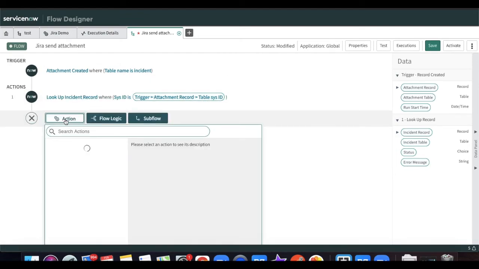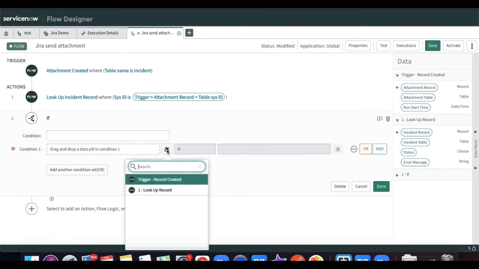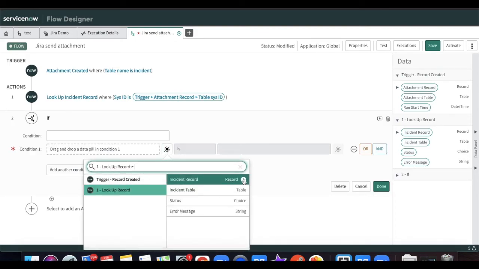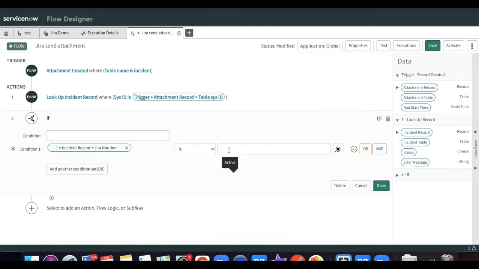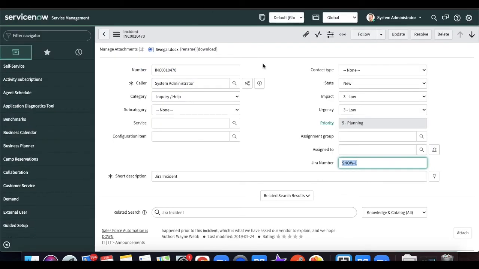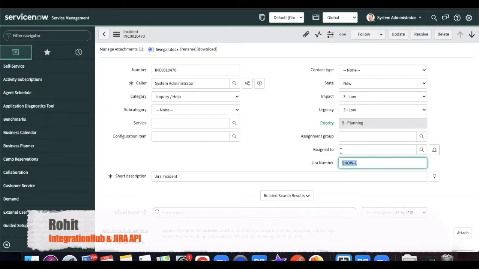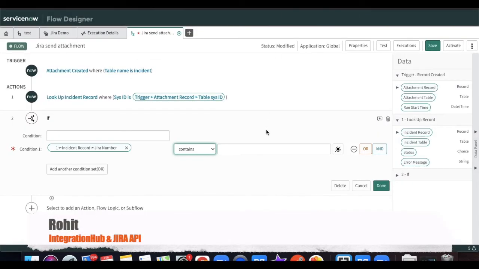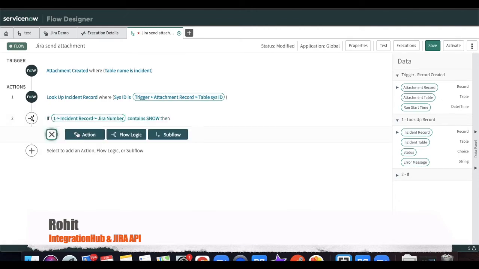Now I am going to put one more flow logic called if condition, and here is the lookup record, Jira number, contains whatever number it is, starting with snow. So if the Jira number contains a value, then it should trigger. What should trigger?